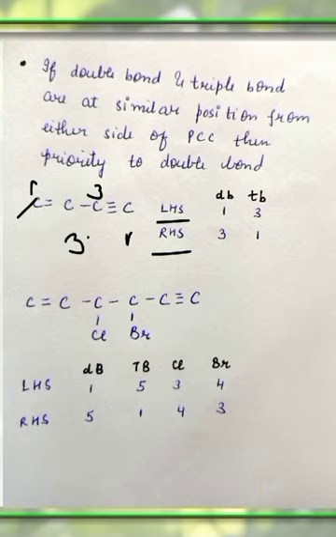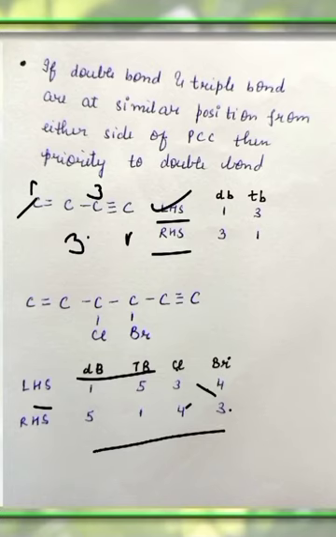So according to the rule, the parent chain is considered the one that is having double bond at the lower position. So the numbering from left hand side will be correct. Similarly here, if I number the compound from left hand side, then double bond gets first position, triple bond gets fifth position. Chlorine and bromine are not that important because as we know from the priority rule, functional group is preferred, then multiple bond is preferred. So majorly we will look at the multiple bond position.